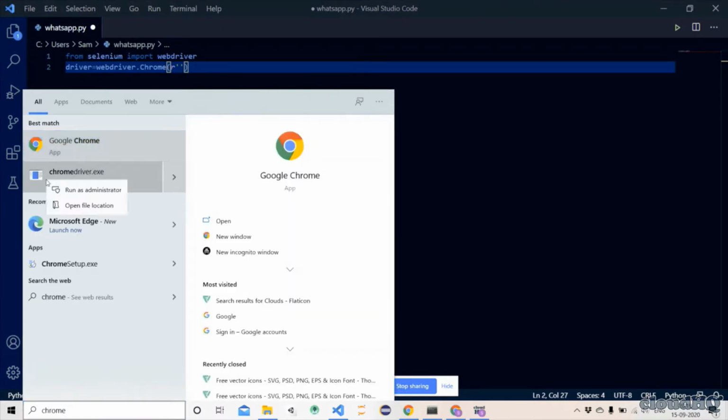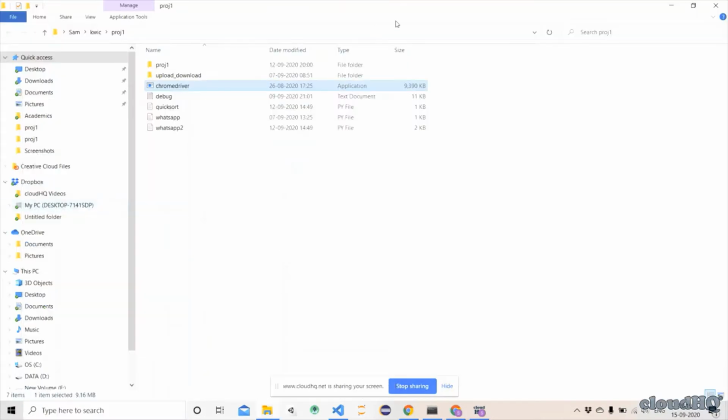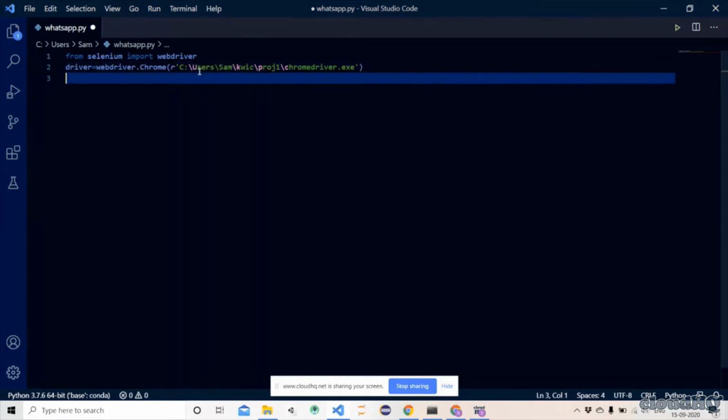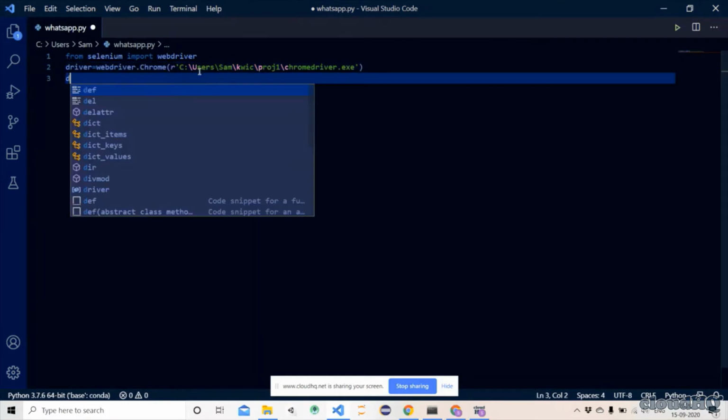I will copy the path to my Chrome driver, and remember to mention the exe file for this, the chromedriver exe file. Okay, and now we would specify which website we want to control.